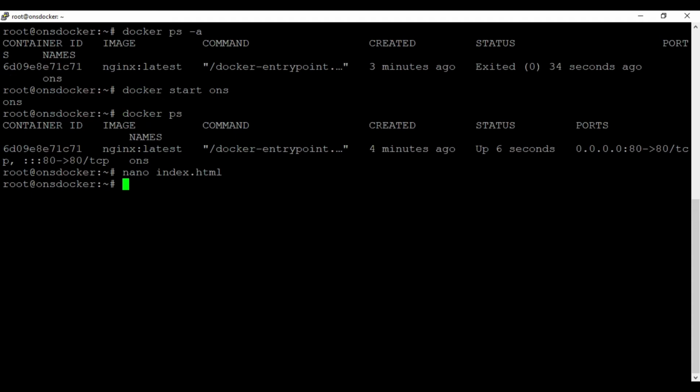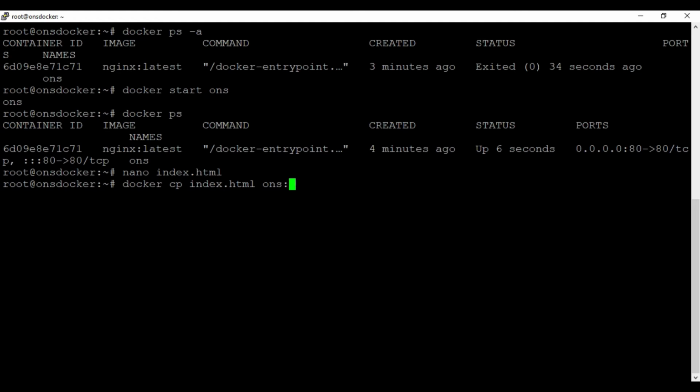So now what you have to do is run one command to copy index.html into your Docker container. So how can you do it? You can use docker cp index.html, then put the container name or container ID. We are using the container name here, followed by a colon.